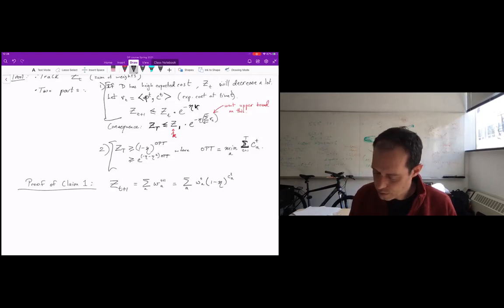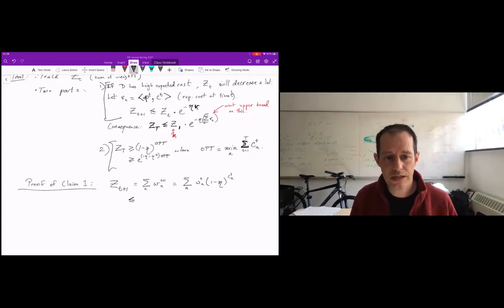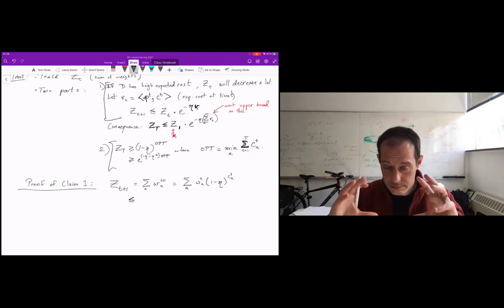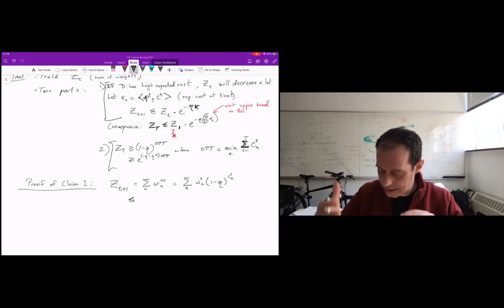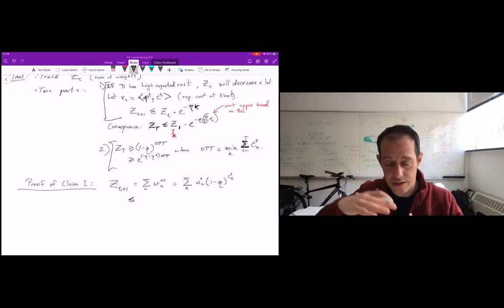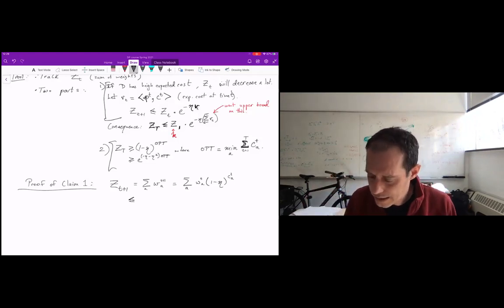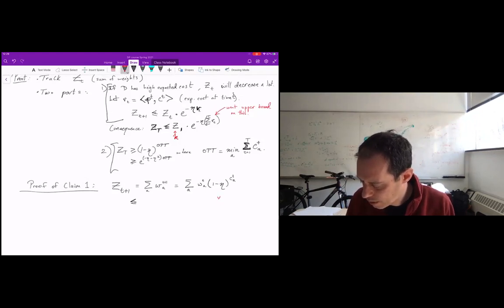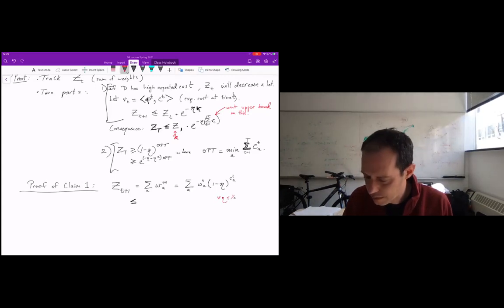All right, so the first thing we're going to do is try to put this in some form. The problem is adding up exponentials is a pain. And so we need to put this in some form where we can add across actions. And the fact we're going to use is that for all eta less than or equal to a half, or between 0 and a half,